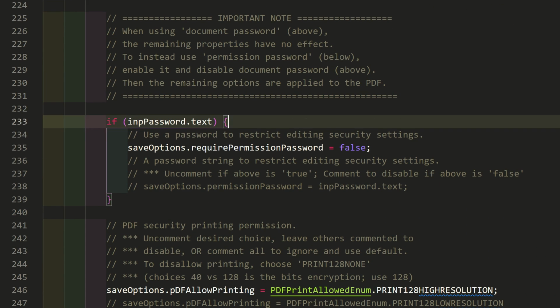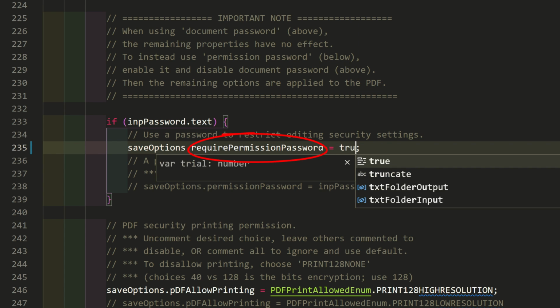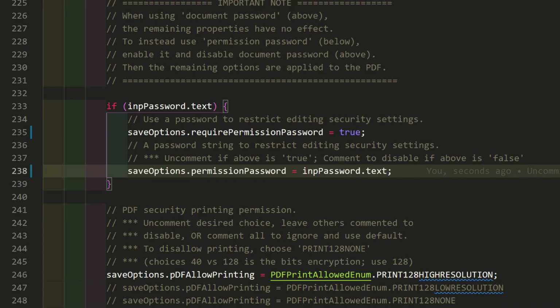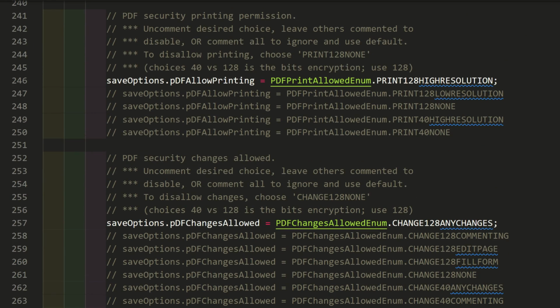Then in the section after the important note, enable Require Permission Password, and uncomment the line for Permission Password to enable it. These changes allow opening the PDF, but restrict what can be done with it.